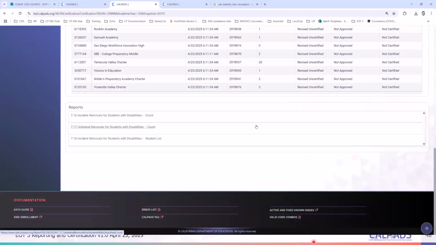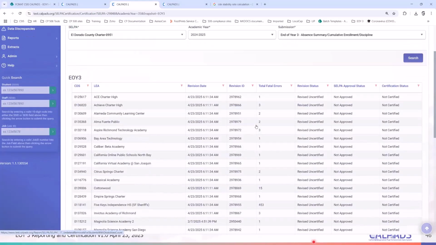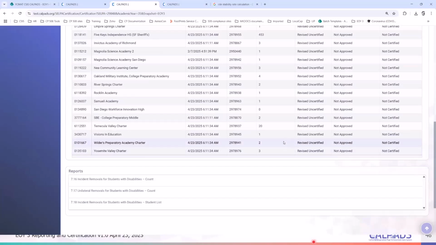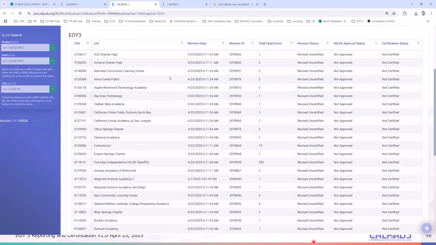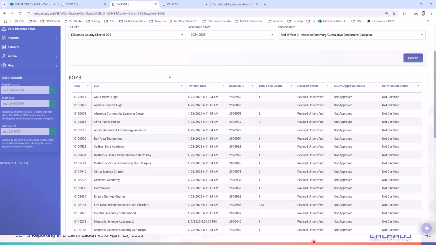Imagine they have this amount of charter schools that they need to approve and certify. So if you are under El Dorado County Charter, it is important that you get ahead of everyone else, that way you are on top of the SELPA's list of approvals.